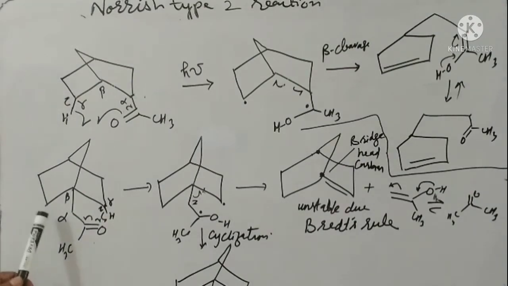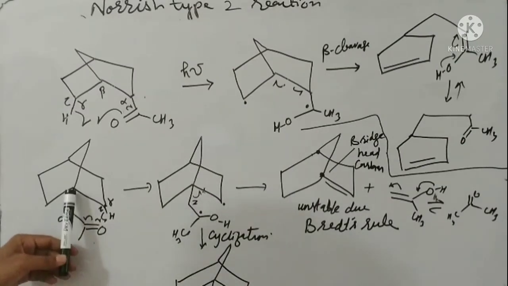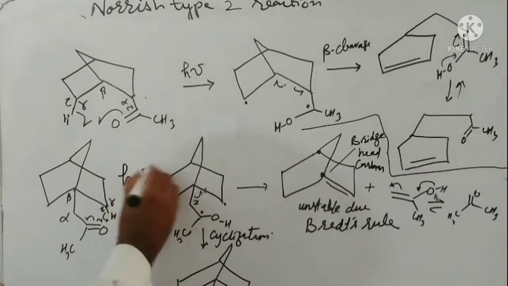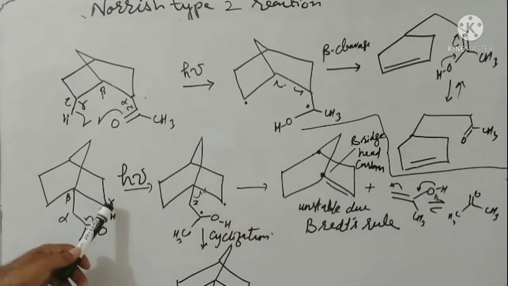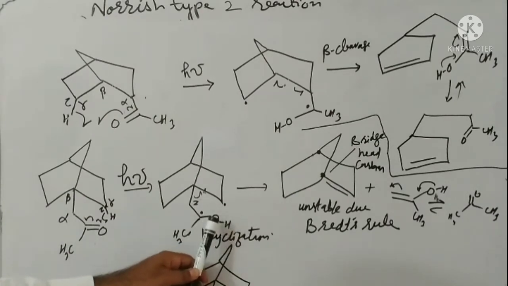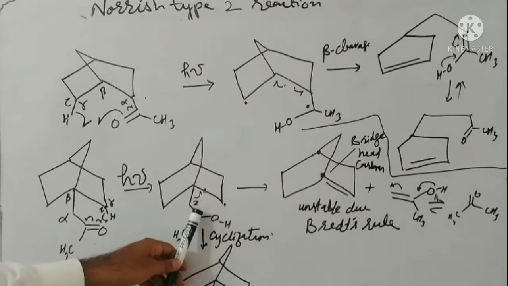So this is another example. This is another keto compound. Here we count: this is the alpha carbon, this is beta, and this is the gamma carbon. So this gamma carbon has this gamma hydrogen. In the presence of light, this gamma hydrogen undergoes homolysis to produce a hydrogen radical. This hydrogen radical combines with the carbonyl double bond, which also undergoes homolysis, and the hydrogen radical and oxygen radical combine to form OH, a single covalent bond. Then we have this 1,4 diradical.